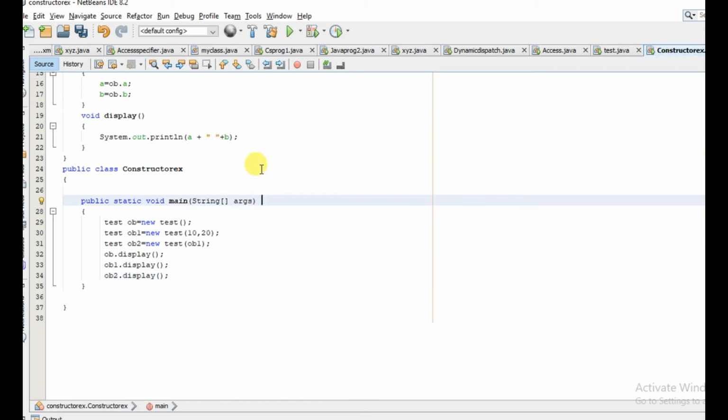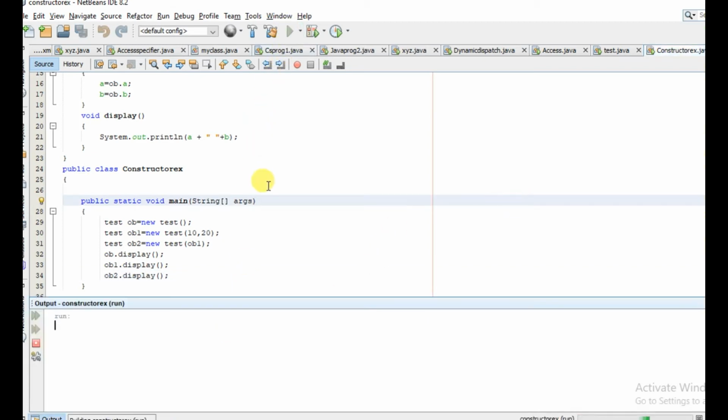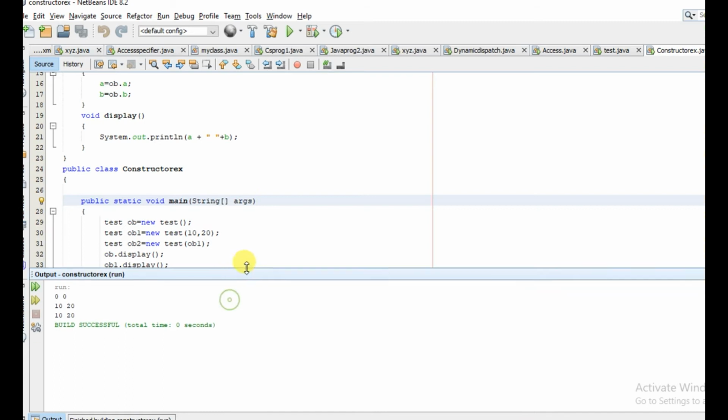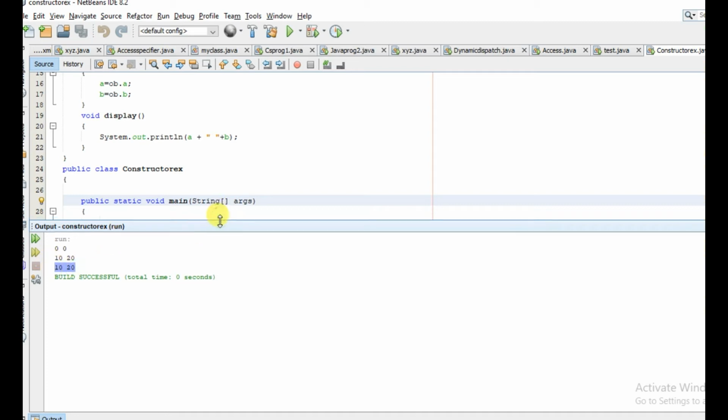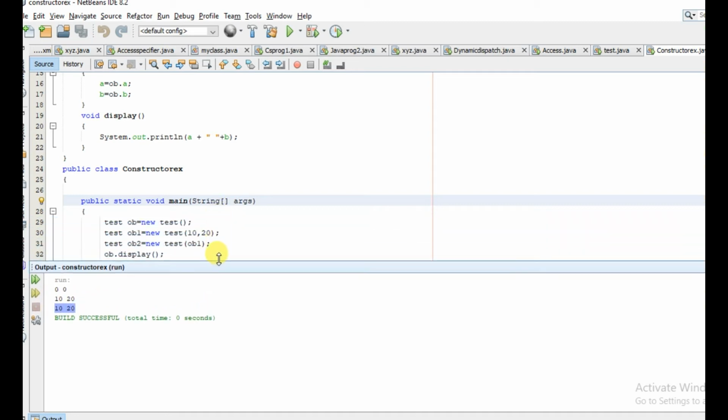So now let us run it. So this is our default constructor. This calls the parameterized constructor. We initialize the value of a and b by 10 and 20, and then call the display method, and here copy constructor is called, and it creates the copy of object ob1.